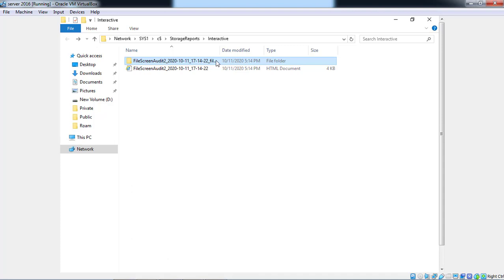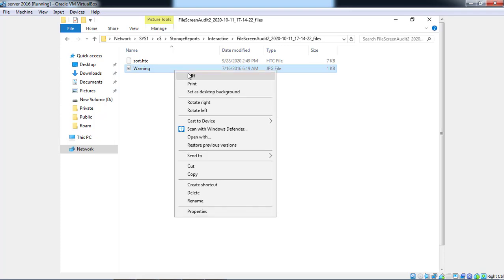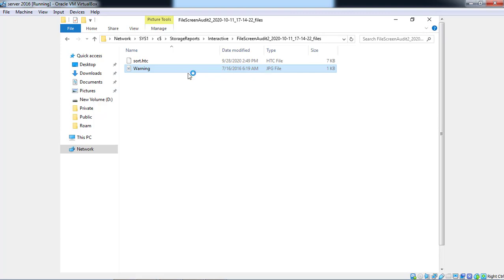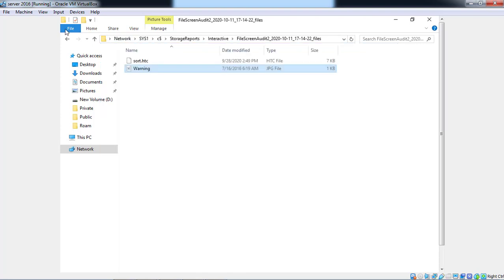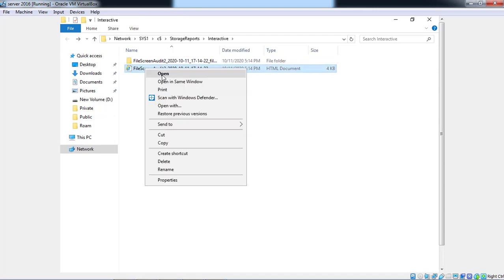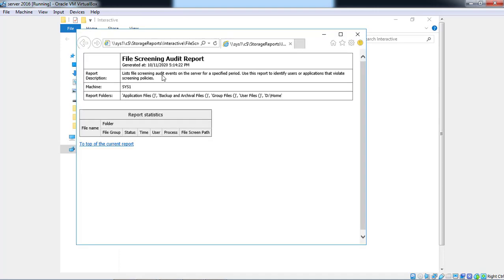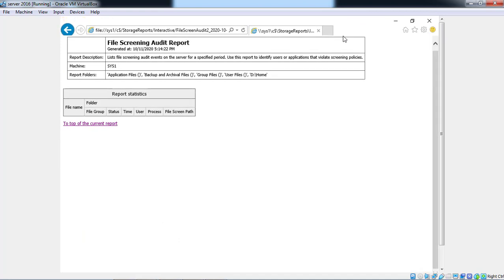Open this one. So this is the file screening audit report.